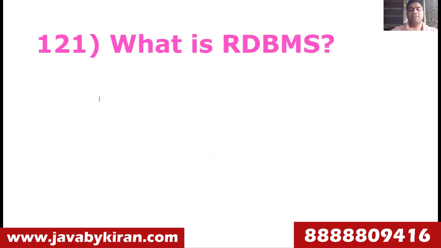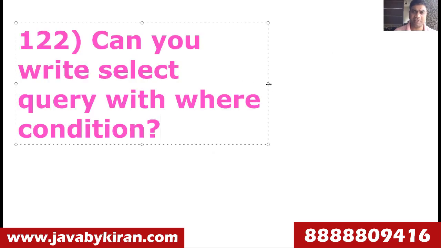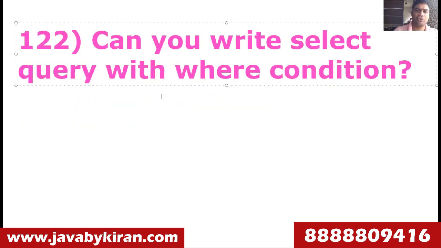What is RDBMS? It's a relational database management system where we have primary key, foreign key, proper structure. We have rows, columns, and we can apply joins, where we can fire queries and fetch data. That is what RDBMS is. That structure is provided by MySQL and Oracle and many companies. We should know at least two companies.